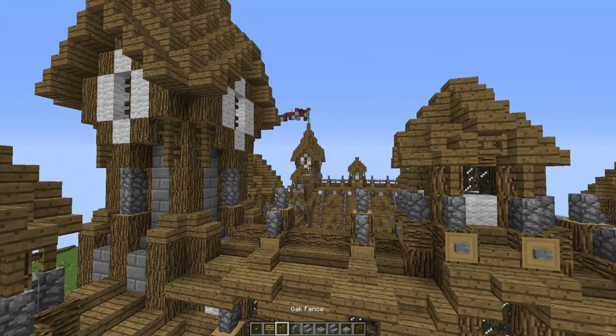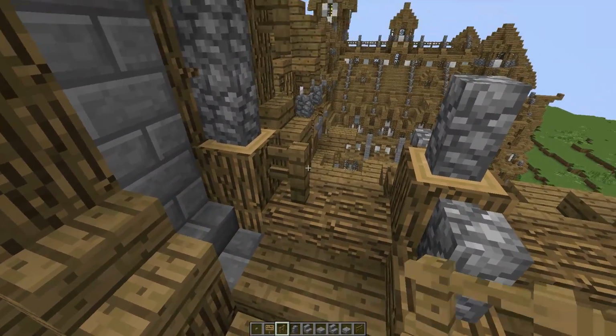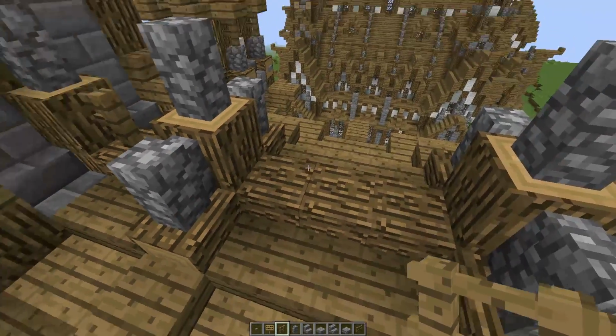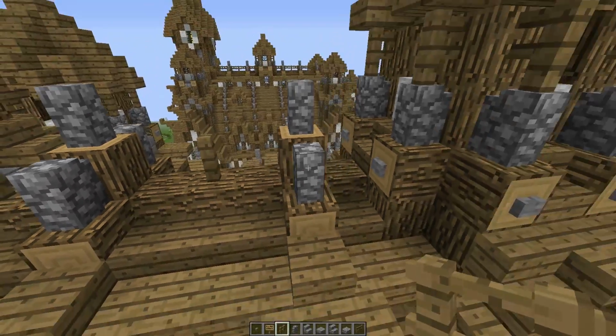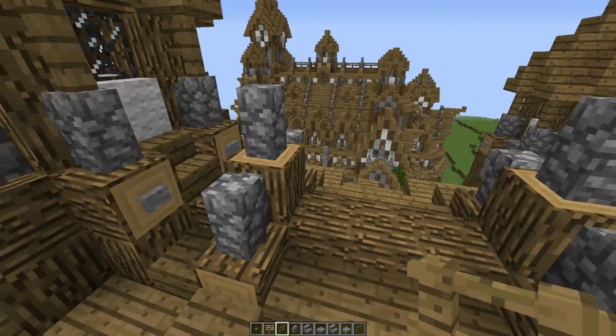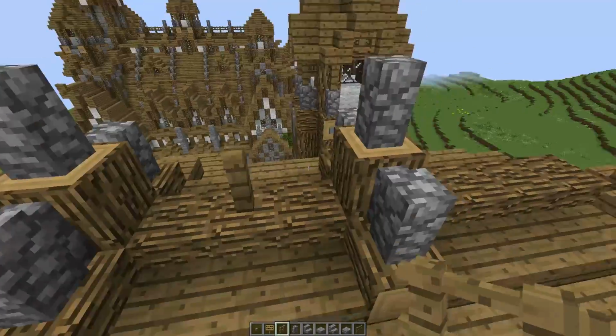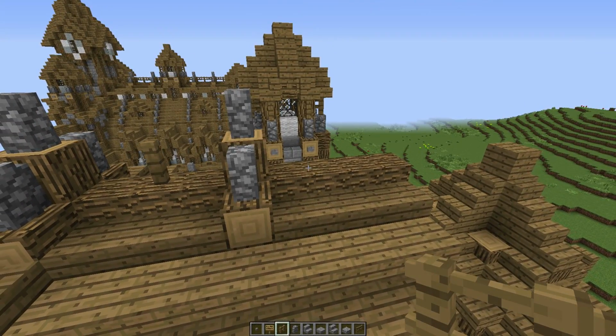Now you take out your fences again. You're going to place a fence right here. Then a fence in the middle of these. Then nothing there, nothing there. Then again a fence in the middle of these 2 logs. Then a fence in the middle of these 2. And I think